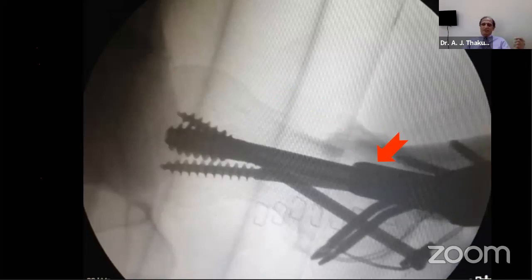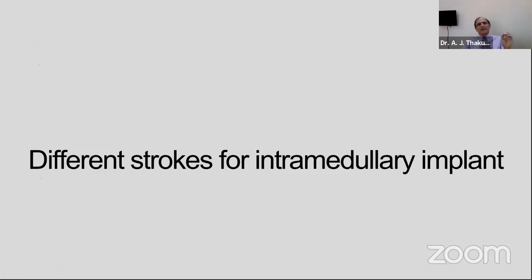Here we see the whole armor unit going inside. It's questionable. You achieved wonderful reduction. Your strength is there. One single standard DHS would have done. What all this stuff is doing, I don't know. Show me a bad reduction and all this stuff working very well. I will be happy. When it comes to the intramedullary implant, that technique is somewhat different.